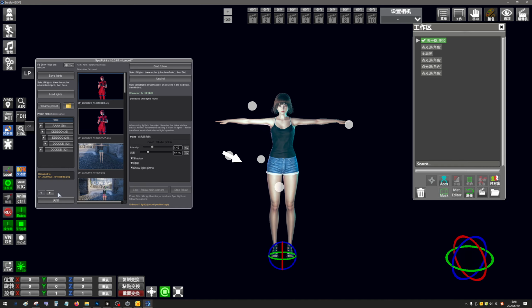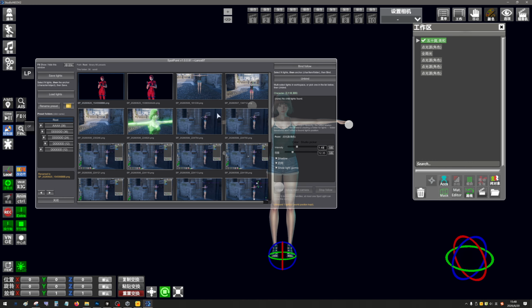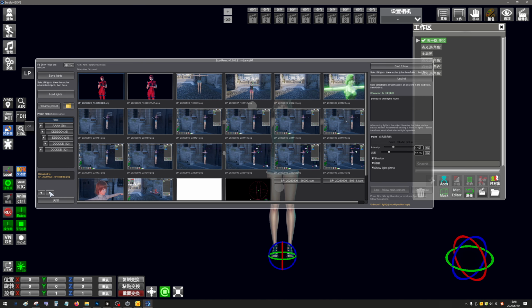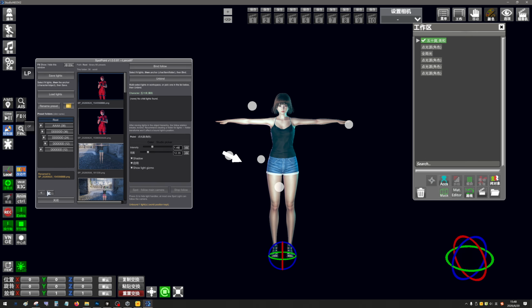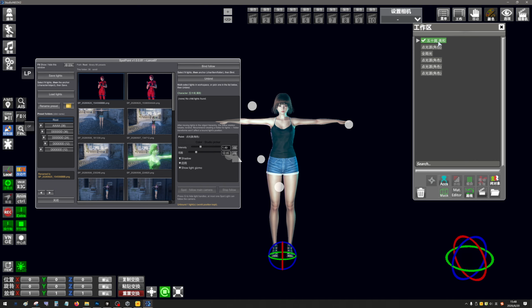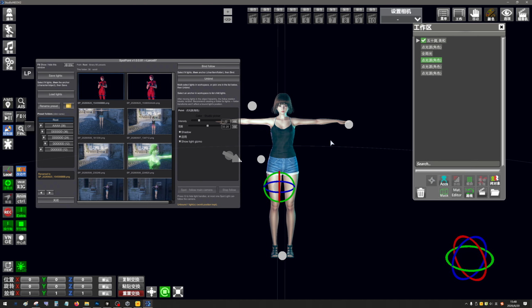Another function is, once more, I can expand the UI pressing this button. I can shrink it. Another function is that when I select this character, I can bind the light to it. For example, if I